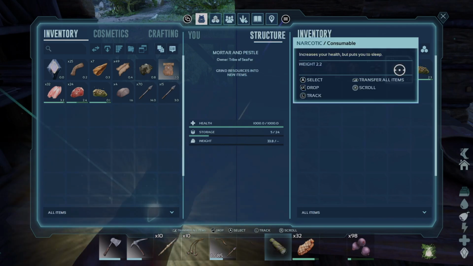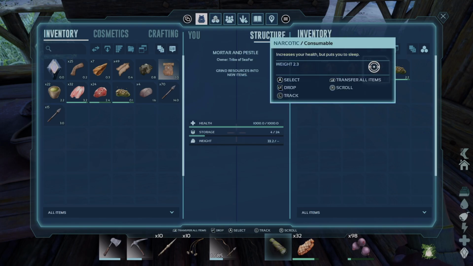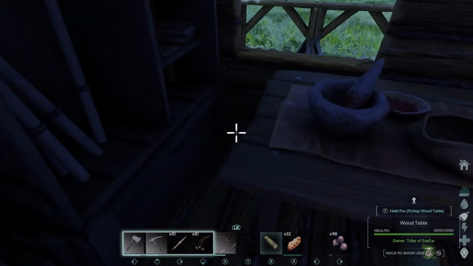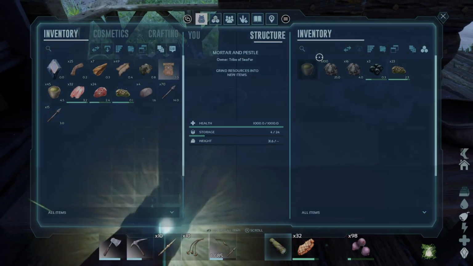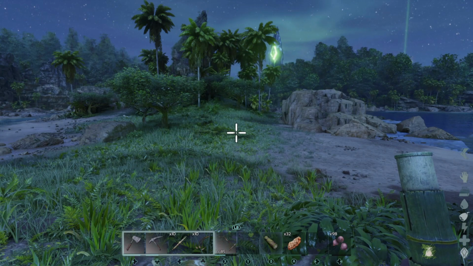Alright, let's have a quick look here. Okay, so we actually have 22 narcotic ready to go here, and we have a total of 23 ready to go here. Sweet. So, we actually have a decent amount left. We have another 22 spoiled meat, and we have another 23 spoiled meat. I think what I'm going to do for the night, guys, is...